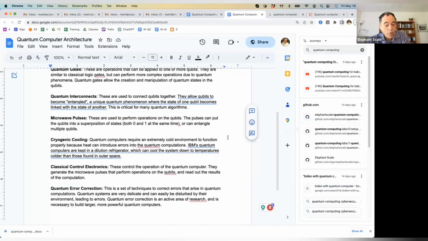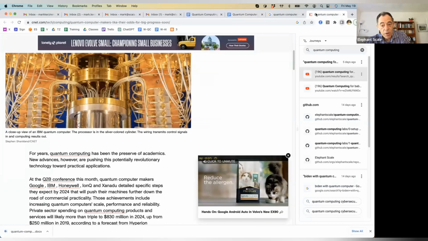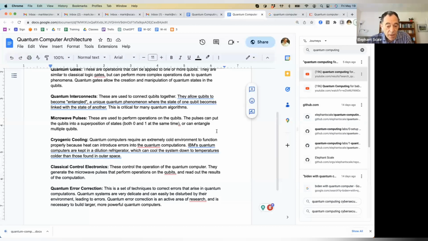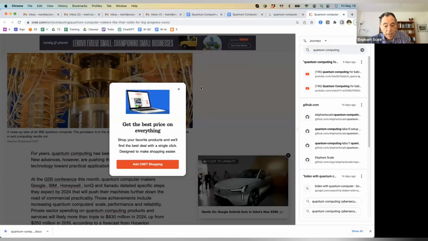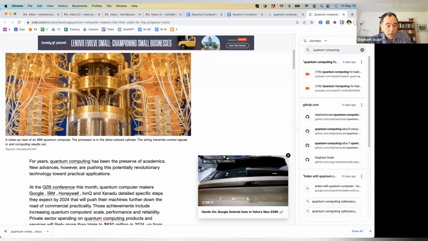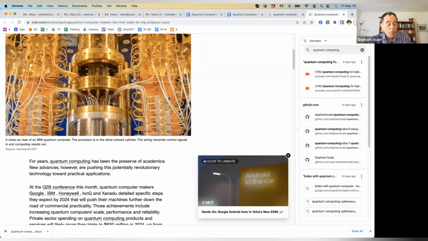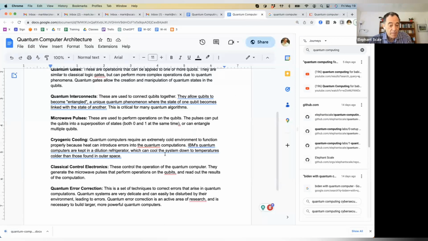Then it is all cooled. When we saw this picture of a quantum computer, that's a warmed up computer, because really it is very cool inside, cryogenic cooling, extremely cool. And how? They are kept in the dilution refrigerator. That is why I said that it's warmed up. So let's take that away. You make a picture, or the president likes to take a picture with that, but that's only when it is out of its own refrigerator.